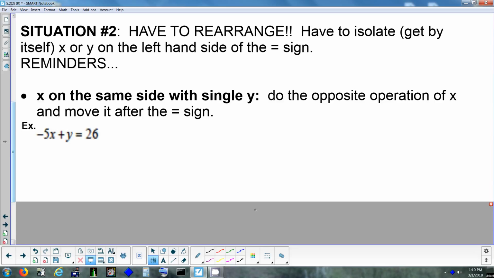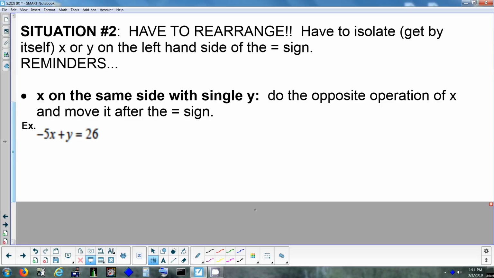So underneath that, you're going to need a little bit of space. Right next to EX, you're going to write negative 5x plus y equals 26. It's like we said, we have the x on the same side with a single y. Right? There's nothing else attached to y. It's just a single y, there's nothing else. Alright? So when I have that, like the directions say, do the opposite operation of x and move it after